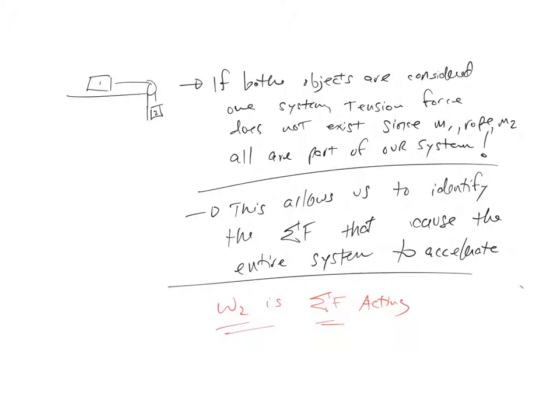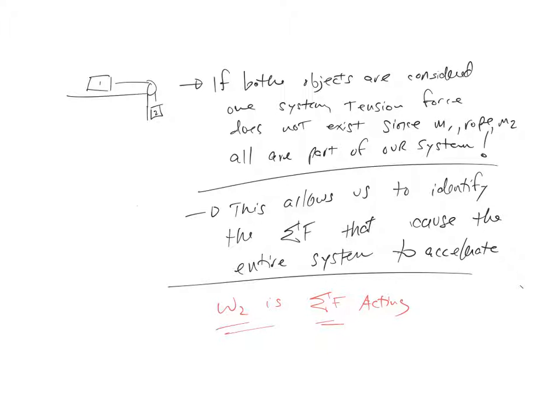So all the other forces acting on our system add with another force. Tension doesn't exist because tension is inside our system. But W1 is external to the system. The Earth pulls on that part of the system. But that force adds with normal to equal 0. But the weight of object 2, which is external to our system,